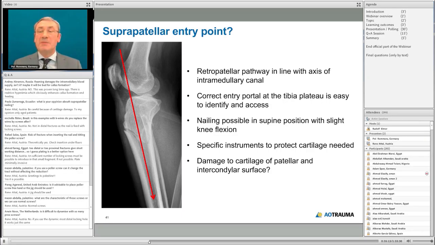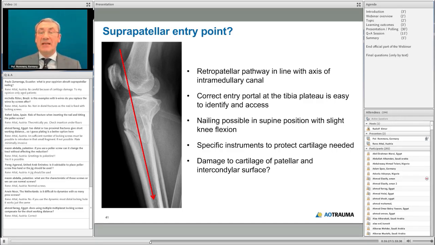What are the possible advantages and what is the disadvantage of such a procedure? A retropatellar pathway gives you a pathway that is in line with the axis of the endomedullary canal. You see that the knee is about 30 degrees flexed. The correct entry portal, the so-called soft spot at the tibial plateau, is easily to identify and to access. The nailing is possible in the supine position without traction table